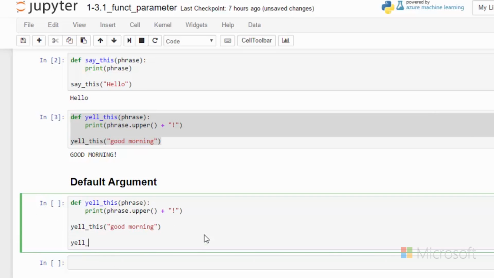So I want to call yell this just with parentheses and no argument inside. How I would do that is when I define my parameter, I would assign it a value. So I just assigned it a default value of good night, and I can still call it with an argument